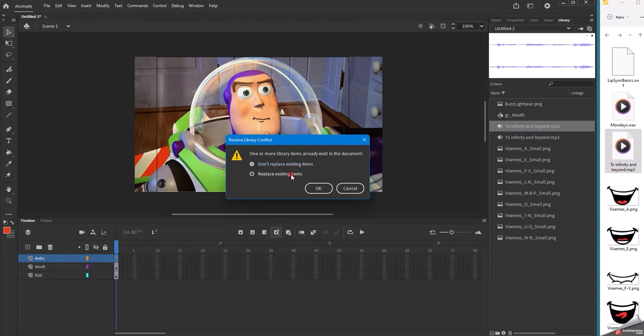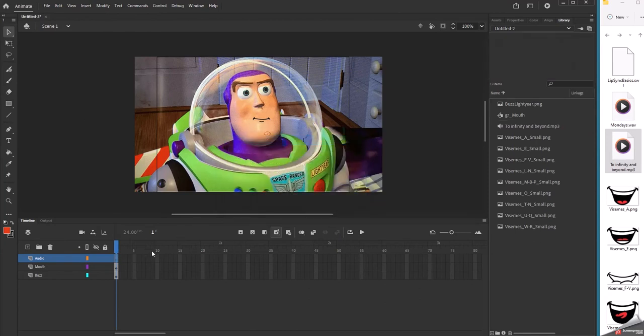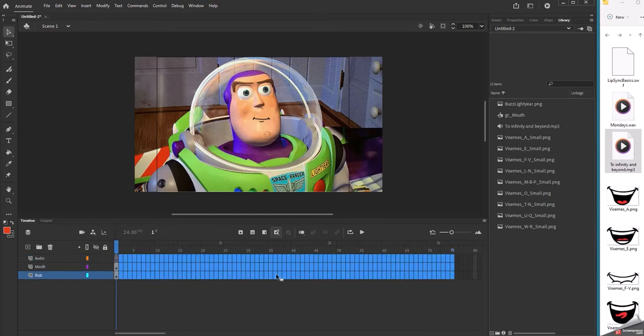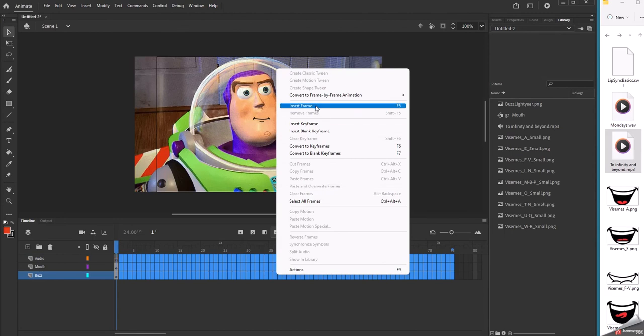I'm going to go ahead and replace it since I already have it in my library. And now you can see a little orange line on the top layer. That little orange line indicates that there is a beginning of a sound file there. And I need some more frames so I can see the rest of it. So as you can see, when I insert frames,